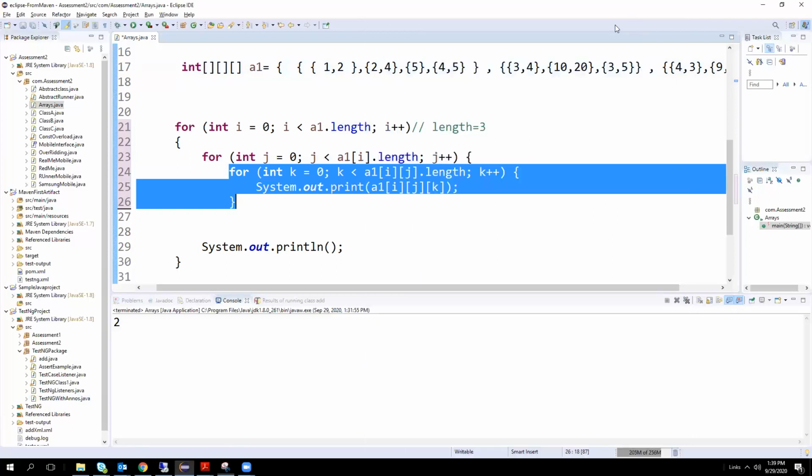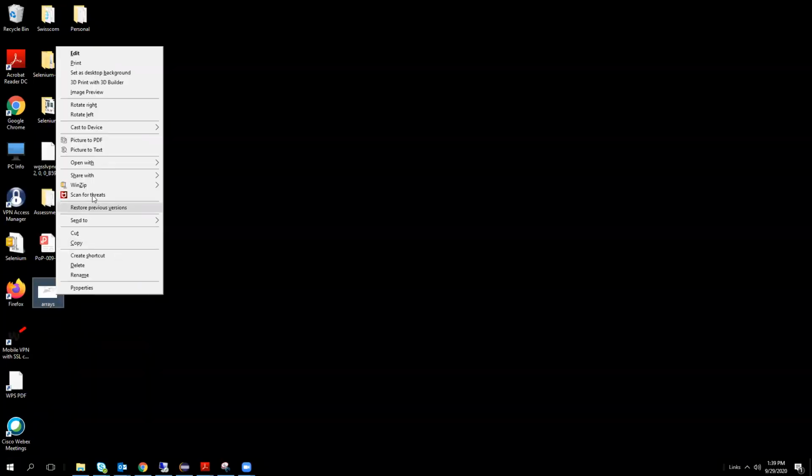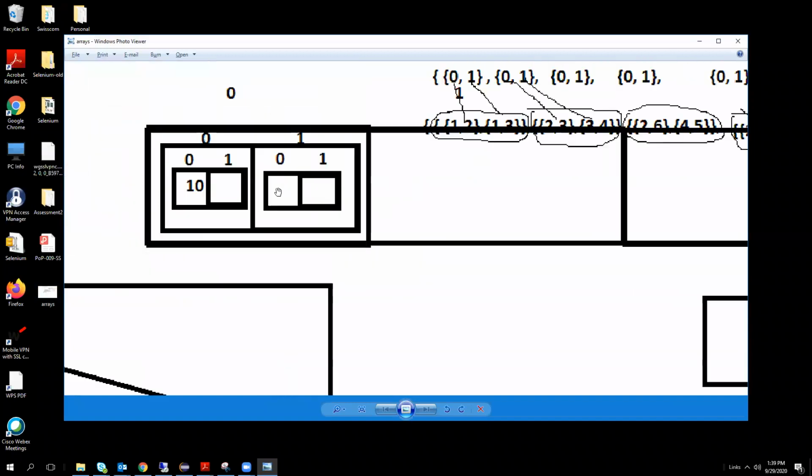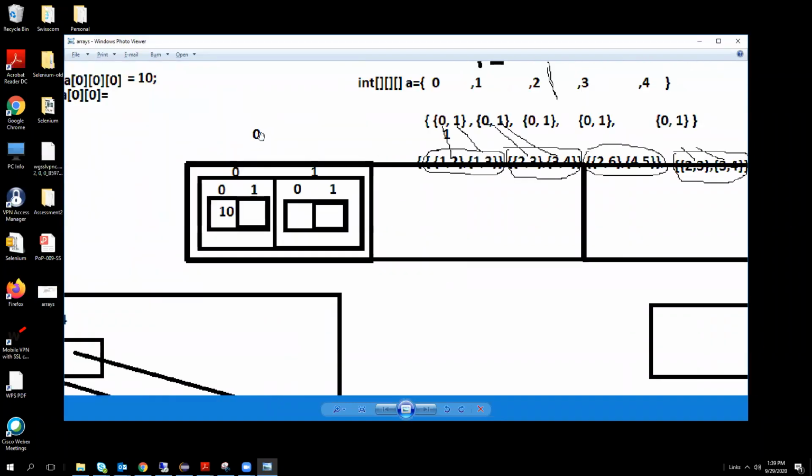I will show you one drawing. This is 0, 0, 0. If this 0 is represented by i, this 0 will be represented by j, and this 0 will be represented by k.